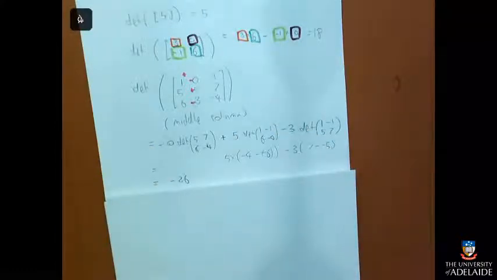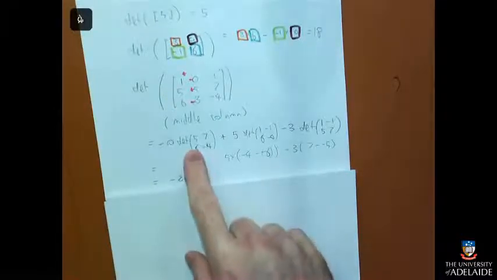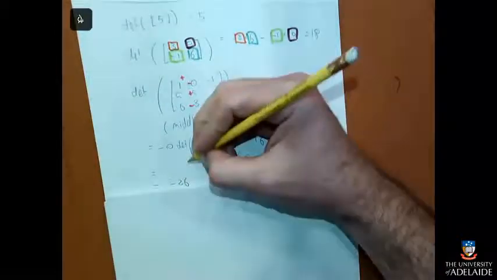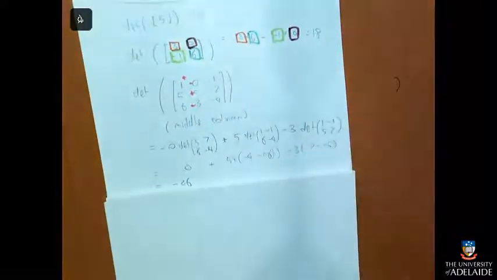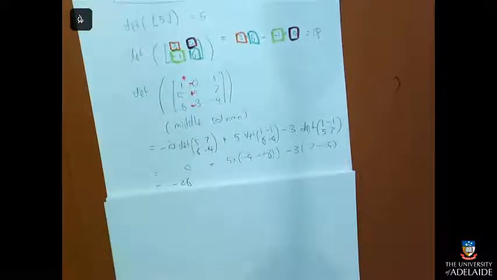And what most people do is they pick a column or a row that has the most zeros in it, so that they can do this trick I just did here and go, oh, well, I don't have to figure out that bit because it works out to be 0. So if you've got a row or a column that's mostly zeros, that's probably the row or column you need to pick. Cool.